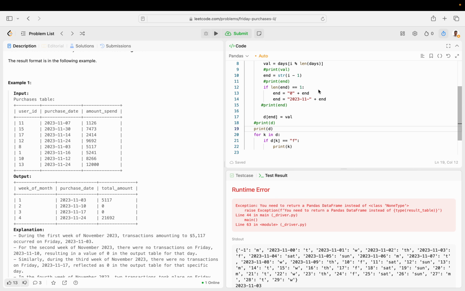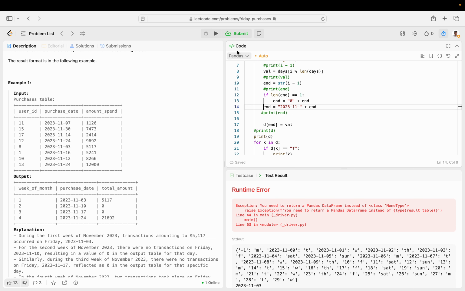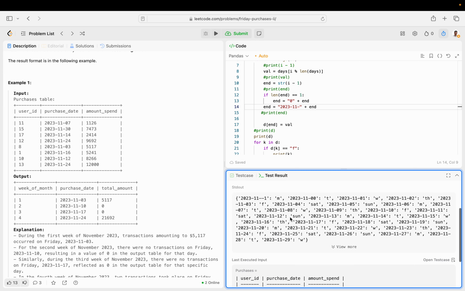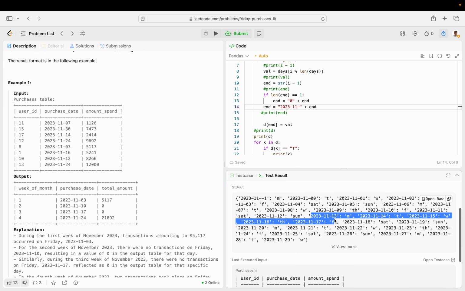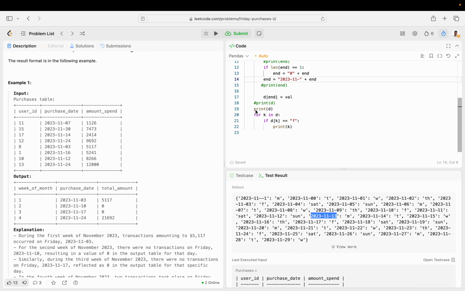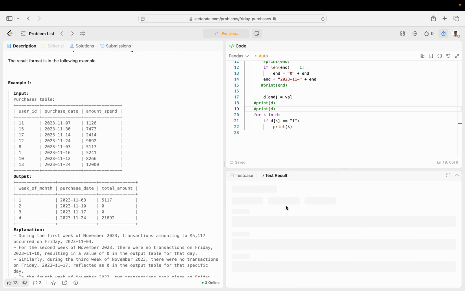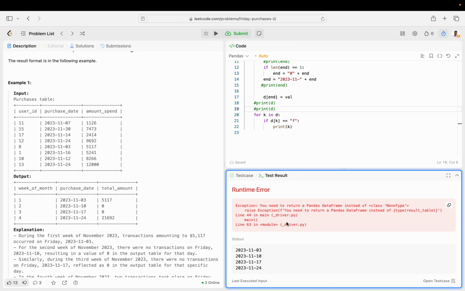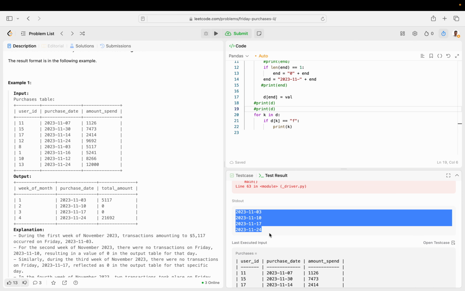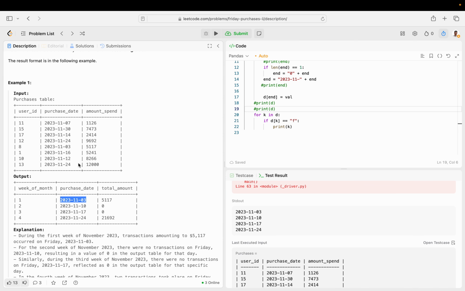Okay, so we also have to, regardless of what happens, this always is a new length. Okay, cool. So this is Monday. Now let's print K. Cool. So now those are the Fridays. Awesome. Now we just have to keep each of these dates and then keep track of every single time it